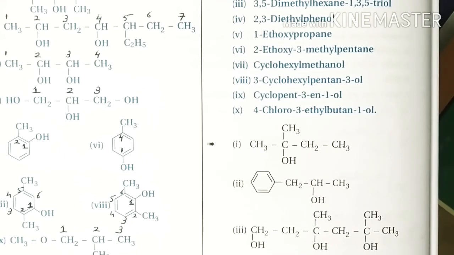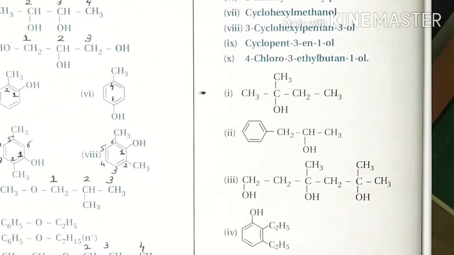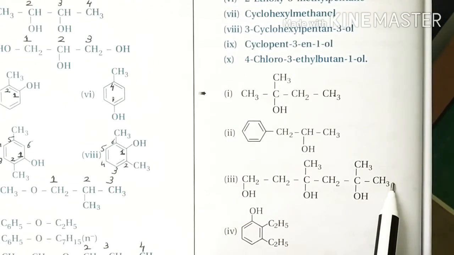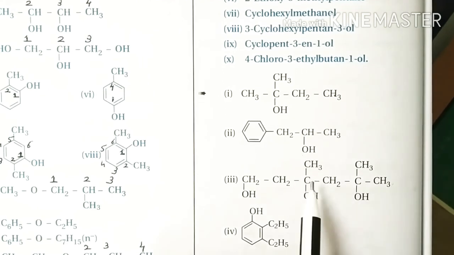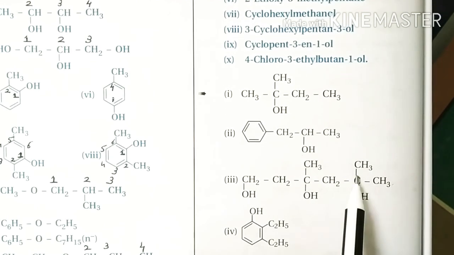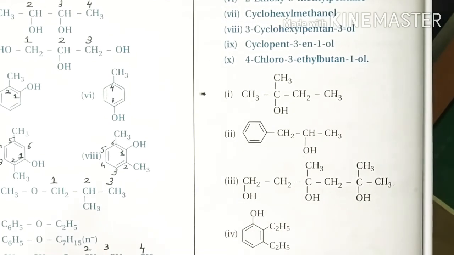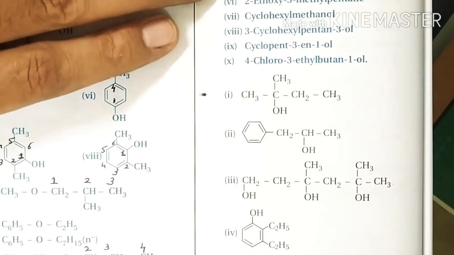3,5-dimethyl-hexane-1,3,5-triol. First we have to draw a hexane, which means we have to draw 6 carbons, 1, 2, 3, 4, 5, 6. Now the given 3,5-dimethyl, so put the methyls at 3 and 5, and 1,3,5-triol, and now satisfy the valency with hydrogen. Next one is